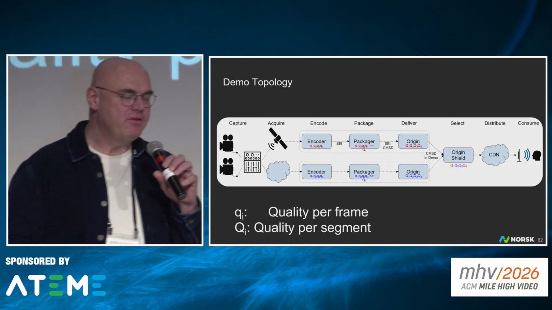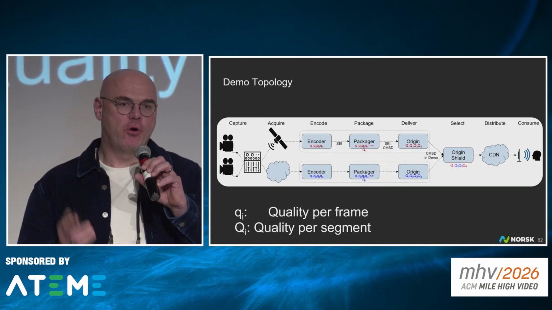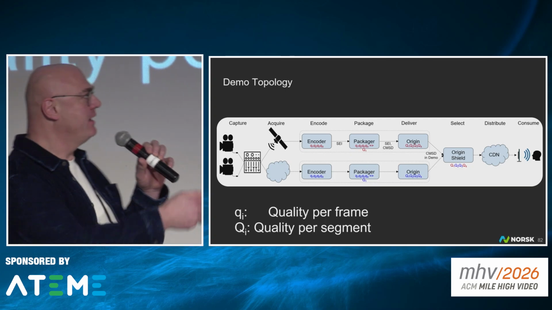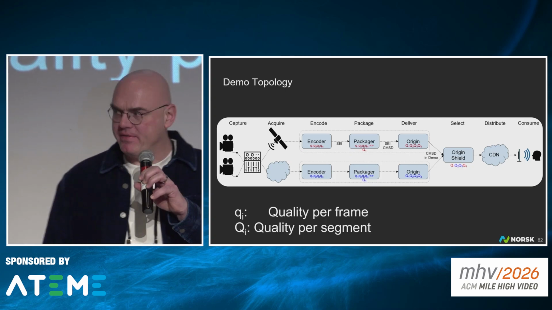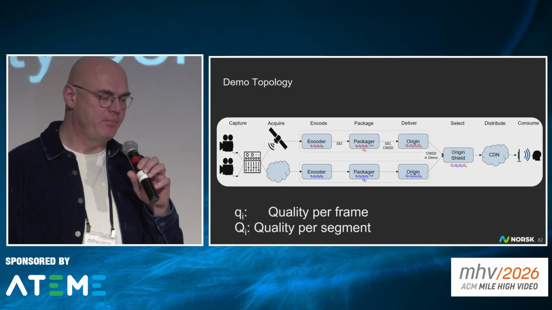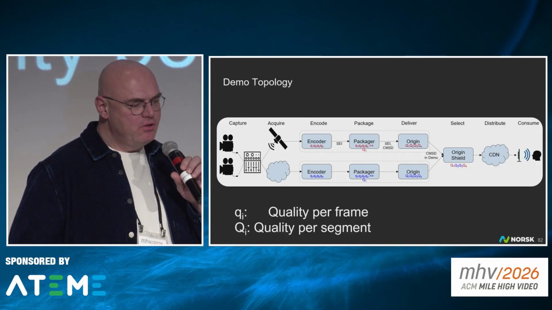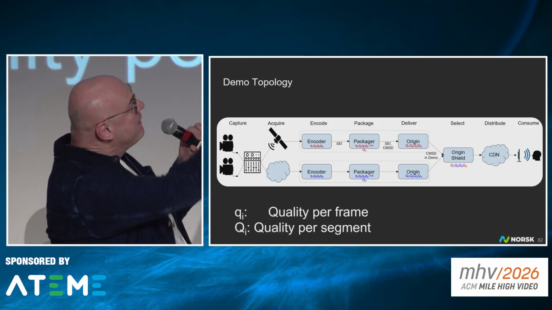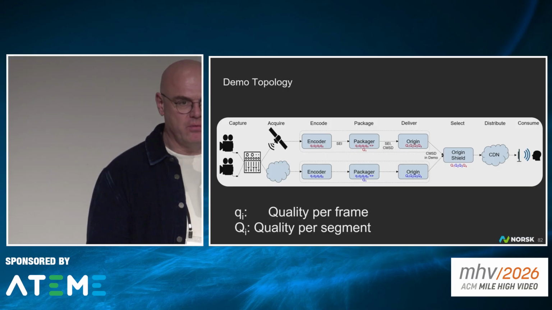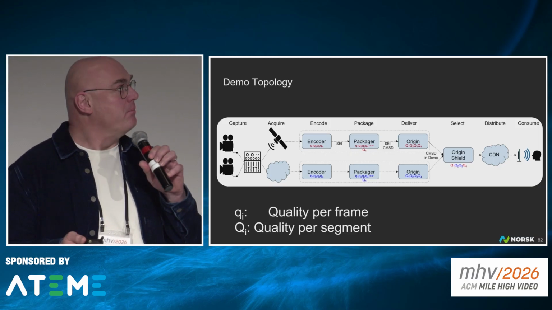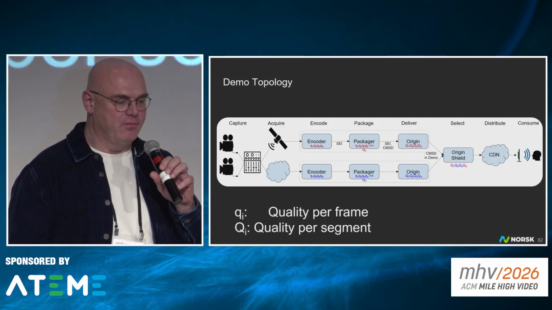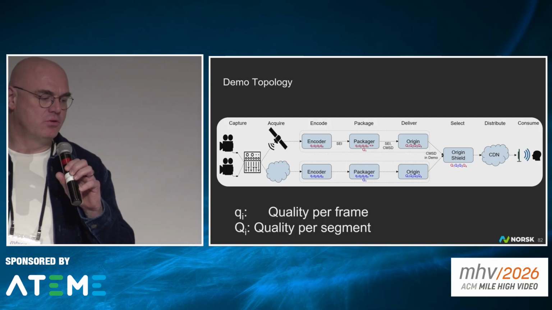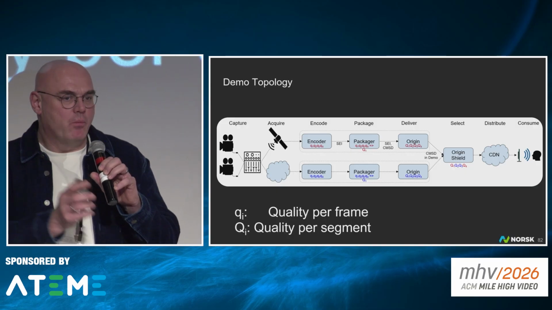So what we now show is a demo that we did with the Norsk SDK by Adrian Rowe's company Ideas. And so what this looks like is practically the same graph that we saw in Will's representation. On the encode part and on the packager part, you see little queues, and then later on you see large queues, and this is for a quality metric that we measured and introduced into that diagram. So the small queue is quality per frame. Later in the packager, it is converted into quality per segment, which is just what we know from the encoder